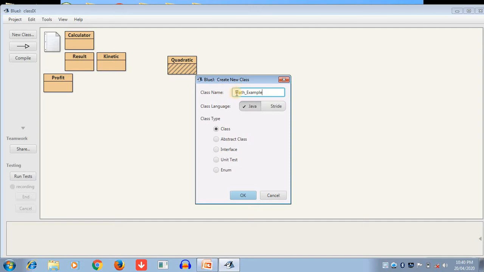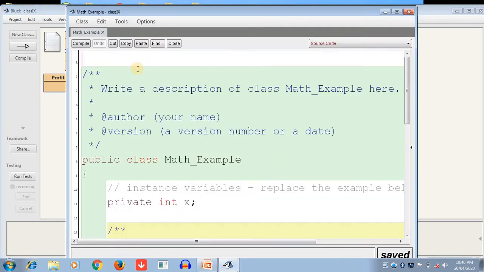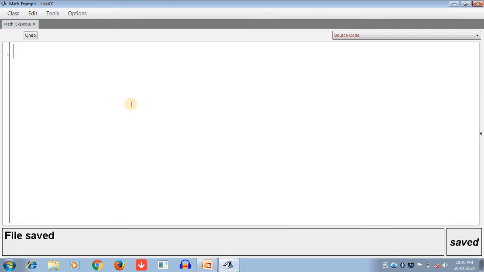So we write Math_example. Click on the OK button. Then right click on the class and open the editor. We know what the next steps are. Select all code and delete.